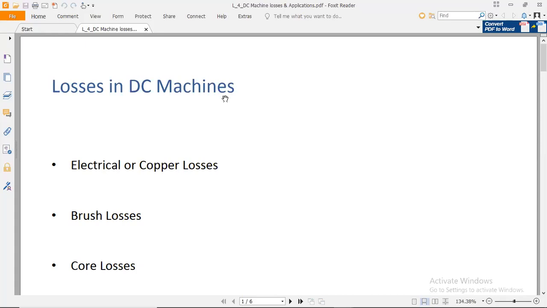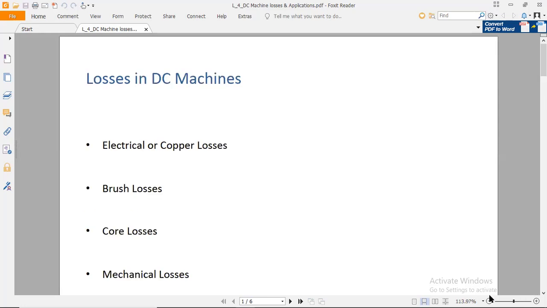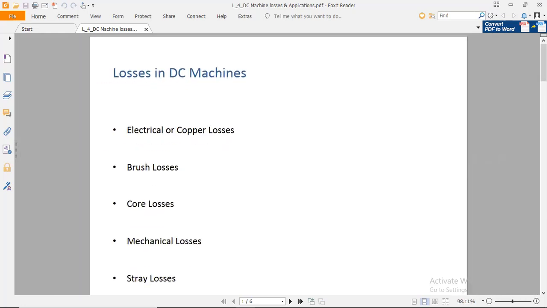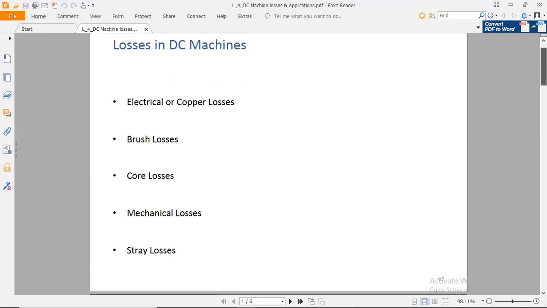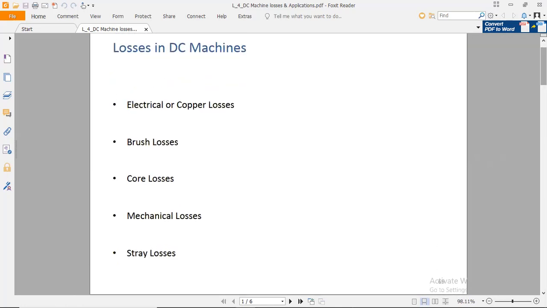In the previous session we already discussed DC motors: the basics, structure, construction and working principle of the DC motor, with the video tutorial. Hopefully you understood everything, and if you have any query about previous sessions, you can feel free to ask me in today's session. If you have no query, we continue today's session with the losses in DC machines.